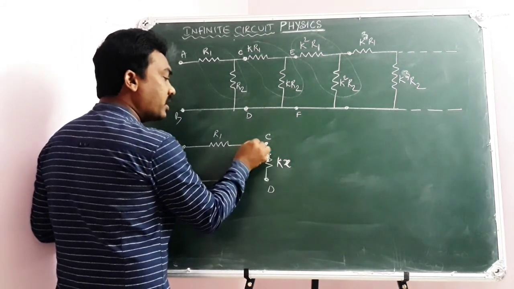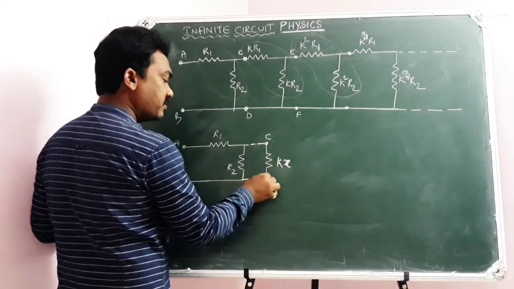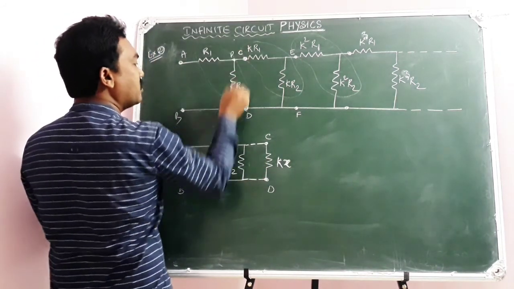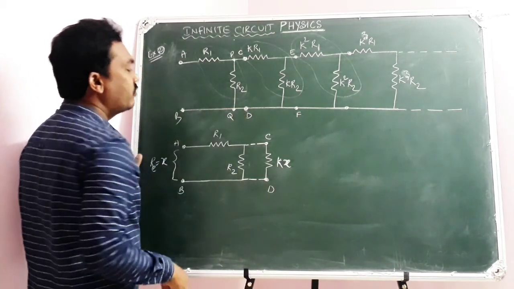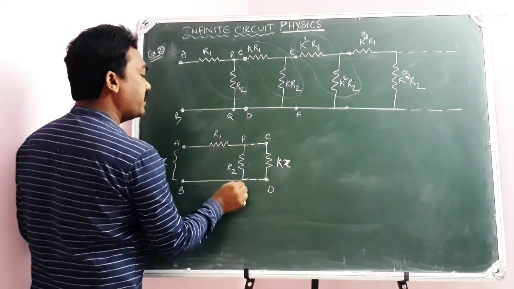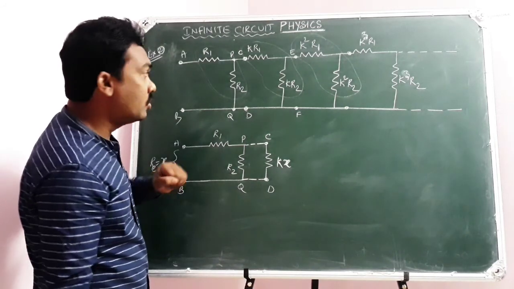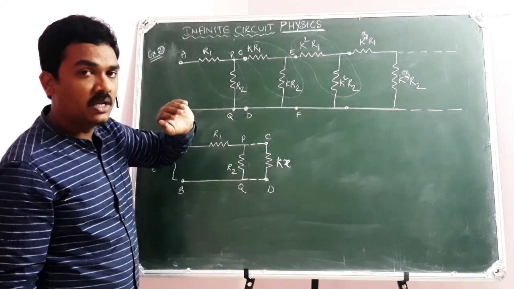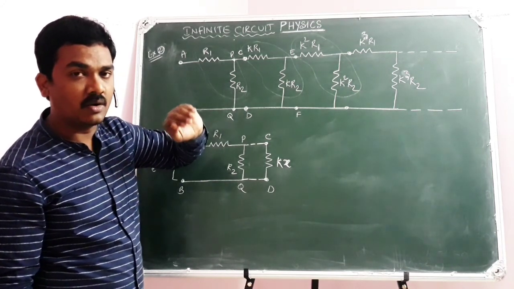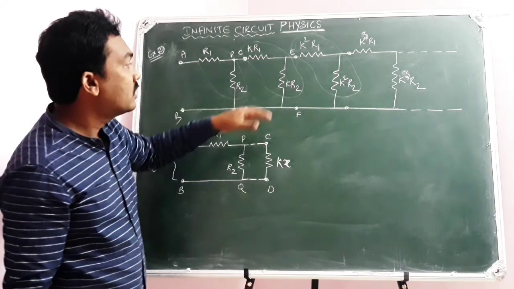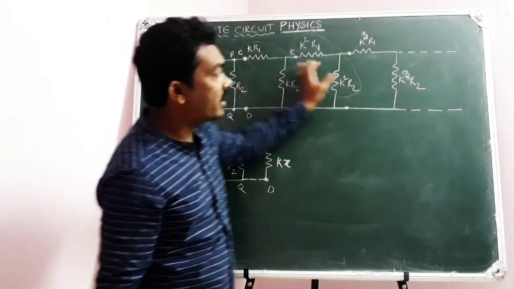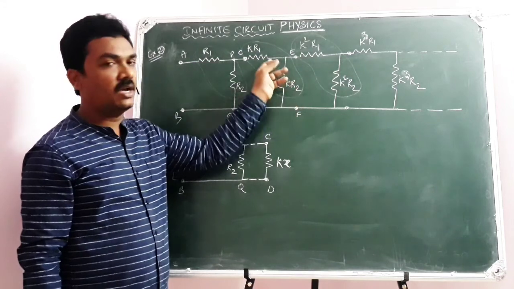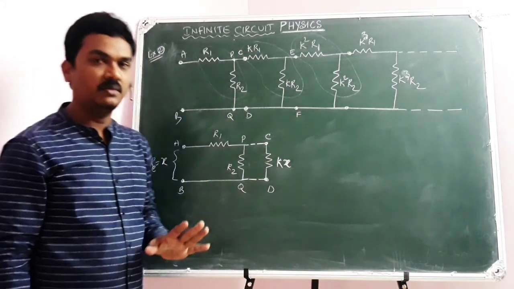But these two are in parallel here. These two are in parallel because this is P, this is Q, just like the earlier circuit. PQ and CD will be in parallel. How do I come to know equivalent resistance across CD? Listen carefully. Equivalent resistance across CD means the equivalent resistance of the remaining all resistors. I am not talking about the resultant of KR1, KR2, which is a misconception.